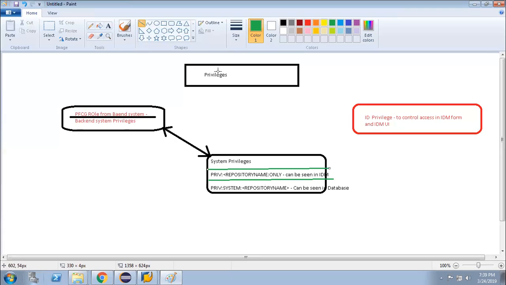If the user ID is already present in the backend system, these system privileges will just check that it is already present with the user. That means the PFCG role will only be assigned. It will not create the user in that corresponding system, as it is already created. That is the purpose of these system privileges.